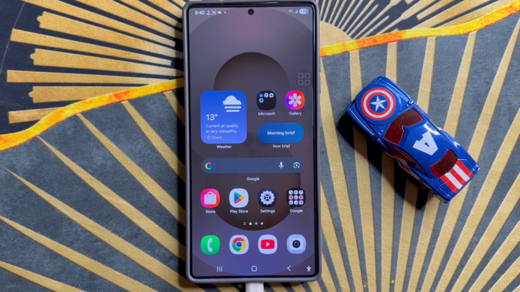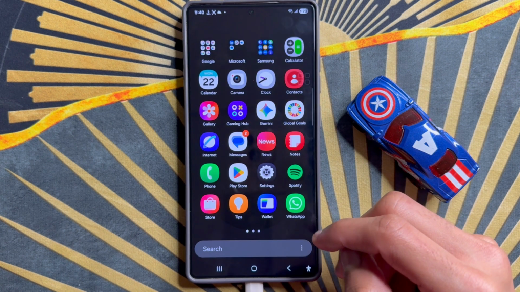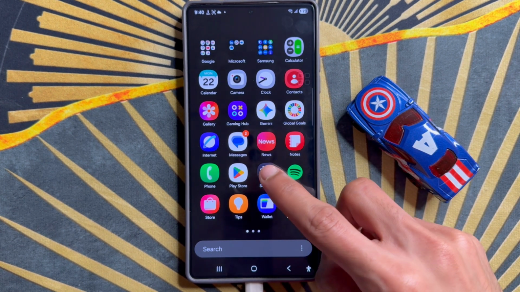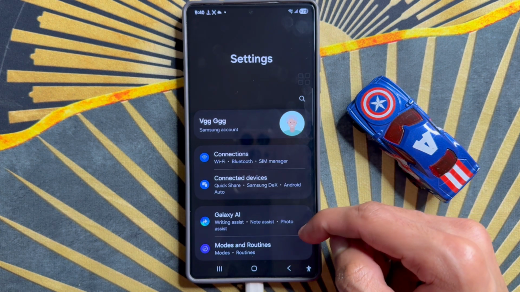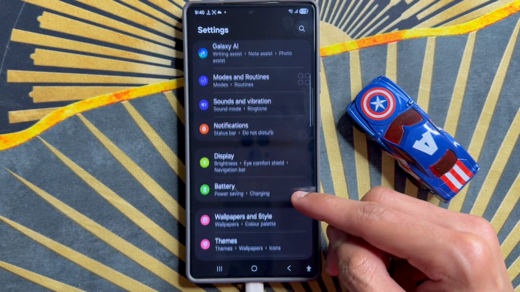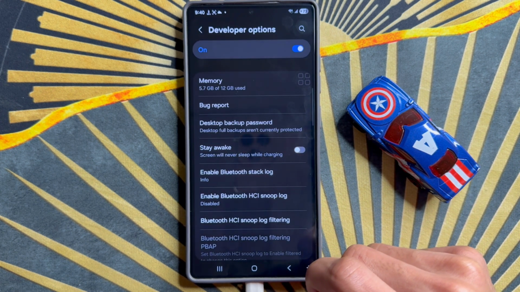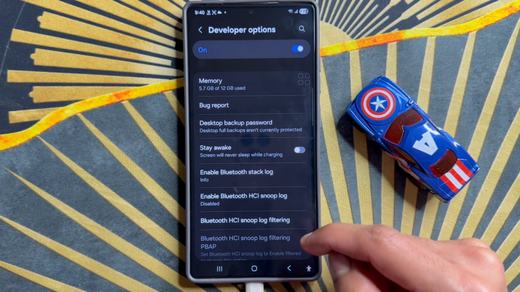First of all, go to app library. Now here, click on settings app. Now in settings, scroll down and click on developer option. So after clicking on developer option,